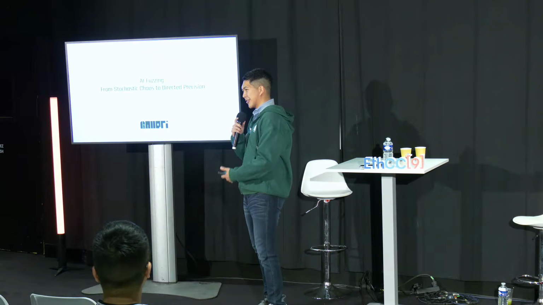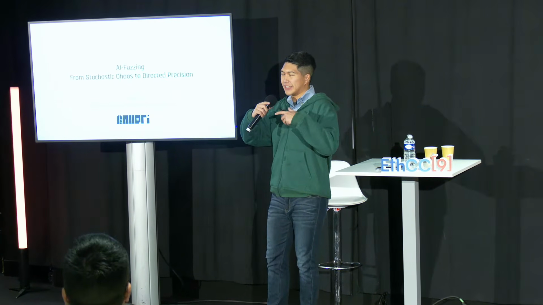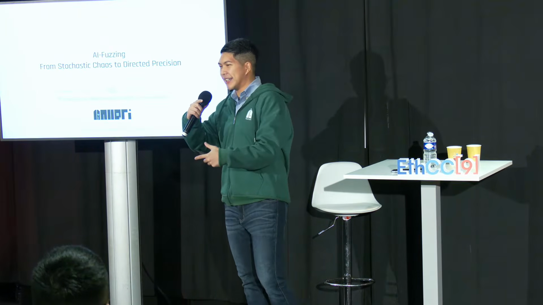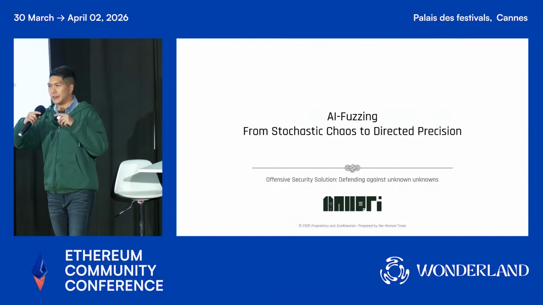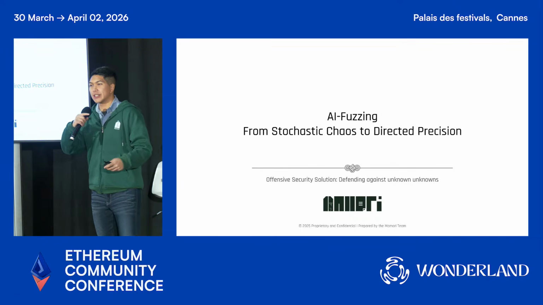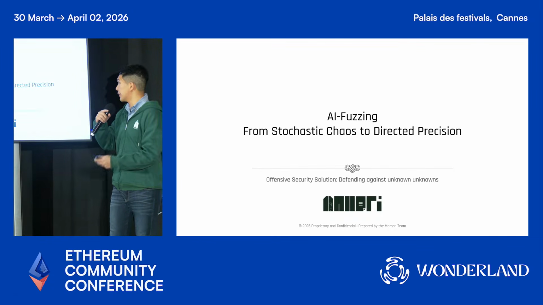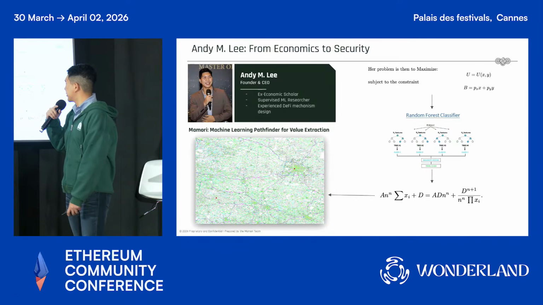I will start with some introduction of myself. So the talk is about AI fuzzing, and I'll quickly go through what fuzzing is and all these AI things. The major point is that we are not approaching this from the perspective of really building a fuzzer, but rather using an existing fuzzer. That's what I will go across. And yeah, let's start with some introduction of myself.